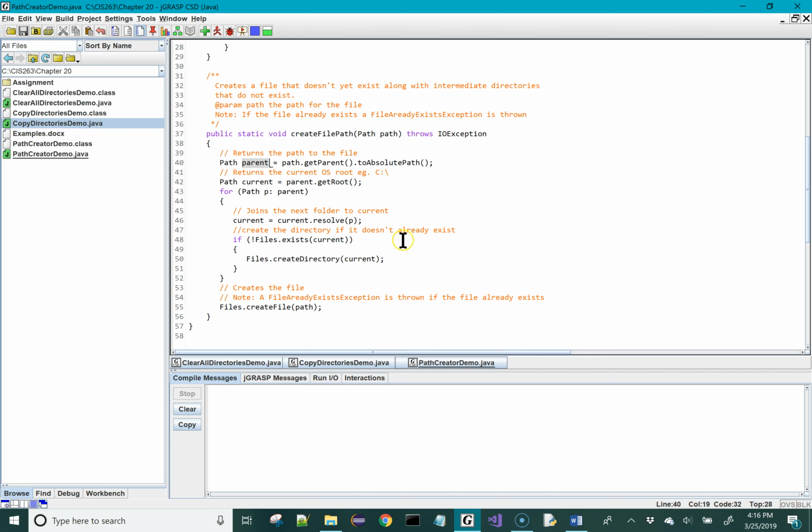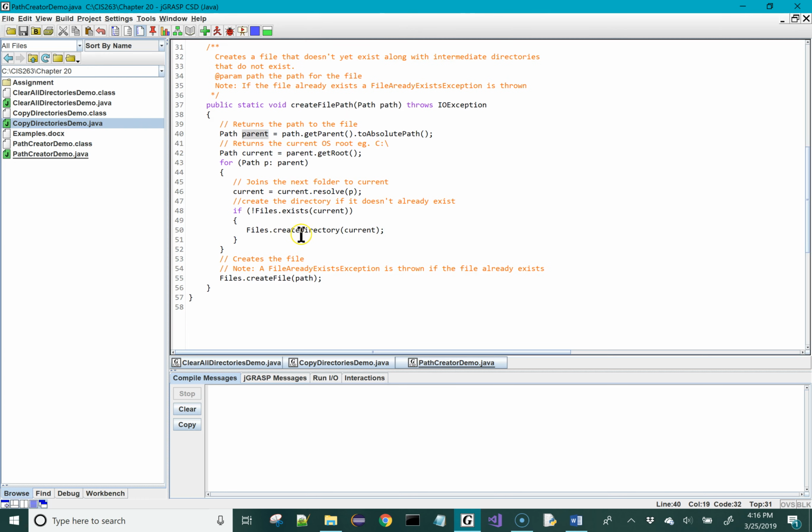Files.exists checks to see if a directory or a file does exist on your system or does not. If it does not, we're going to call the createDirectory method on the Files class to create that directory. And then after we've gone through and created our path to the file, we'll create the file itself. So let's go ahead and run the code, compile,